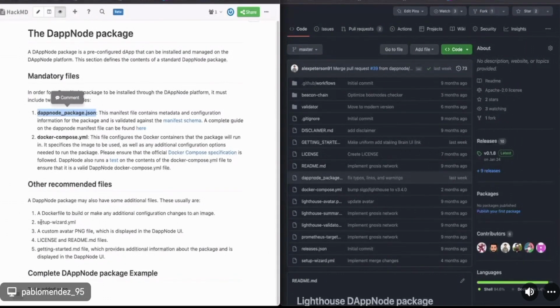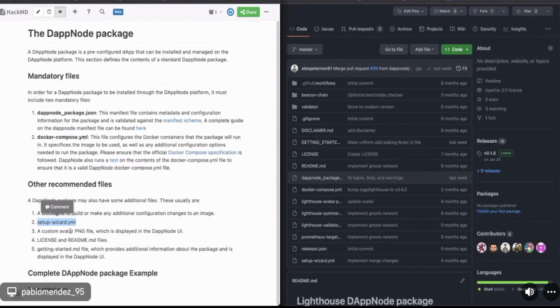Yeah, the other important files, but not mandatory. Well, the Dockerfile, if again, if you are a developer, you should already know what it is. Also, the setup wizard. This is, I would say, the most important one in terms of making things more user-friendly. This file allows you to get input from the user and inject this input into the package. I will show you then how to do that.